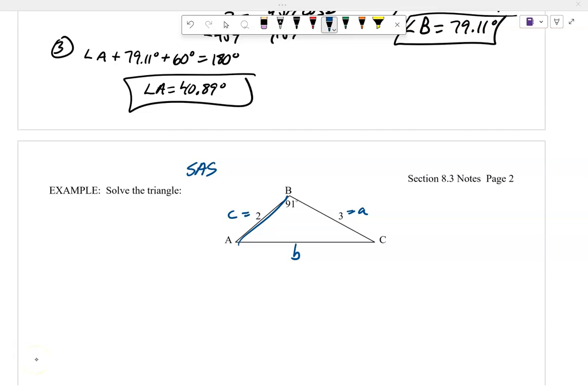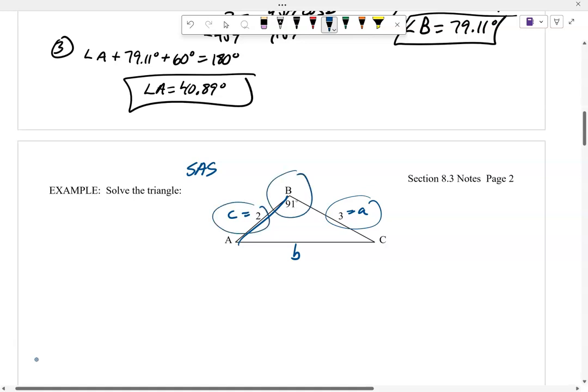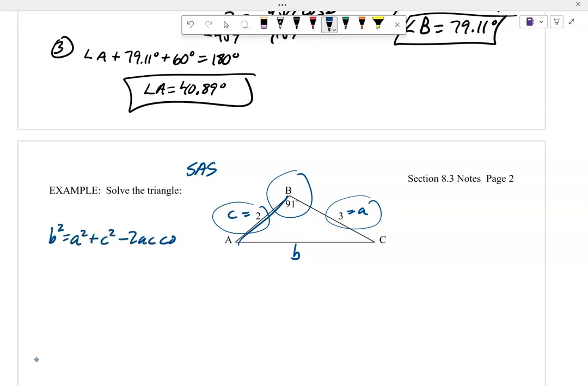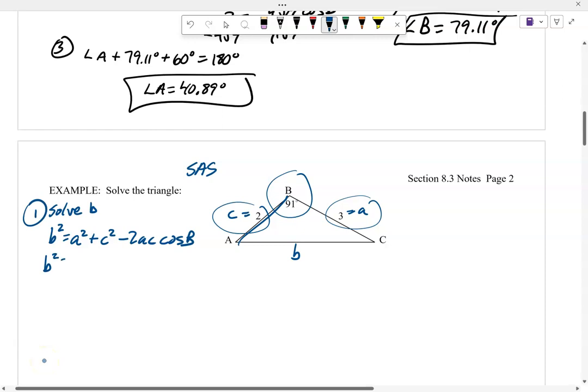Before I have you guys pause it, I want to make sure you know you're given lowercase a, lowercase c, and capital B. And so you want to use the one where you have the capital B. You want to use the equation b squared equals a squared plus c squared minus 2ac cosine B. And now go ahead and run that. We don't know lowercase b. We got a, we got c,